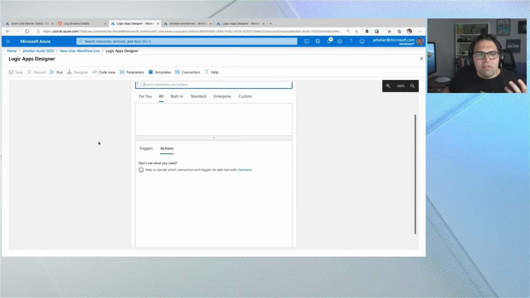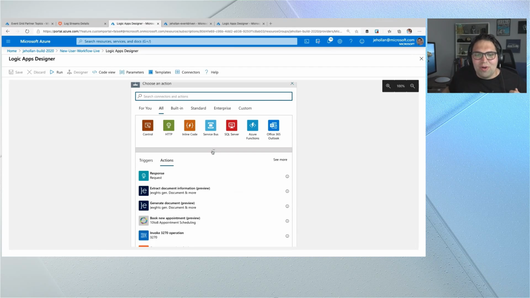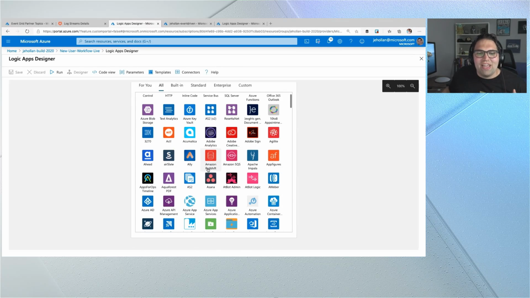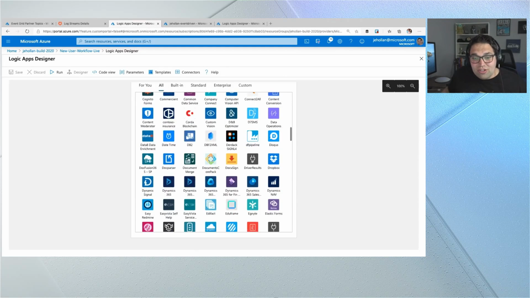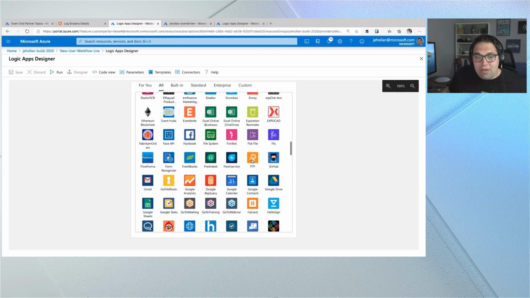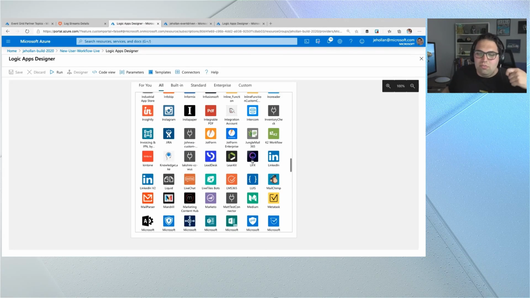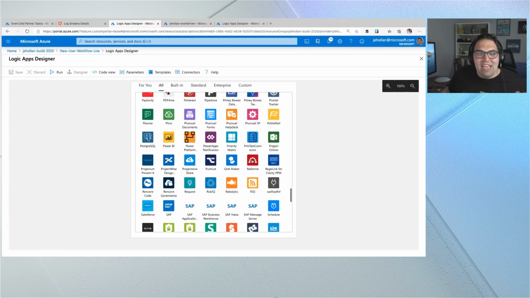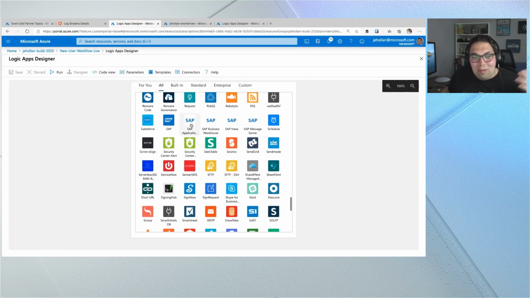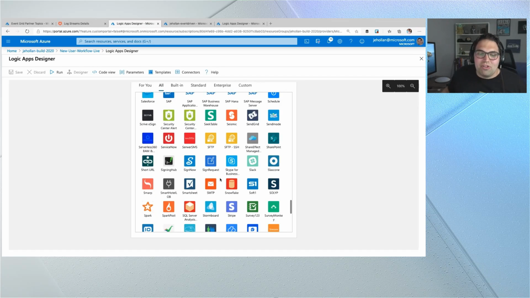So one of the things I love about Logic Apps that I cannot do a demo without highlighting is just the number of connectors that it has out of the box. So there's over 300 services here, things like Azure DevOps, Azure Cosmos DB, more recently Azure VMs, so that I could do something like start or stop a virtual machine. But there's hundreds of other services too, whether it's Salesforce, Dynamics, Google Sheets. I'm just looking through, grabbing a few service names that pop. OneDrive, Paylocity, like you name it. If there's a service, SAP on premises, this is all code that I don't have to write now as I'm